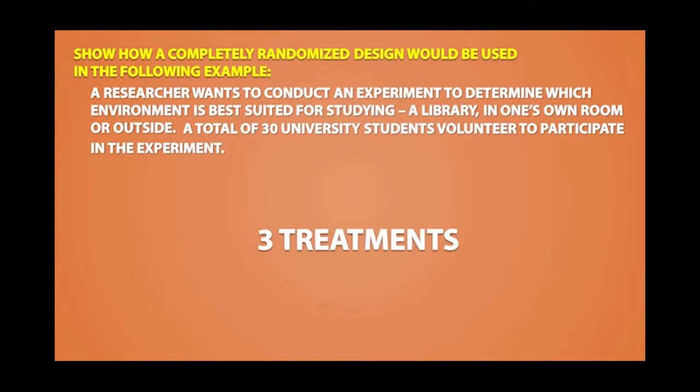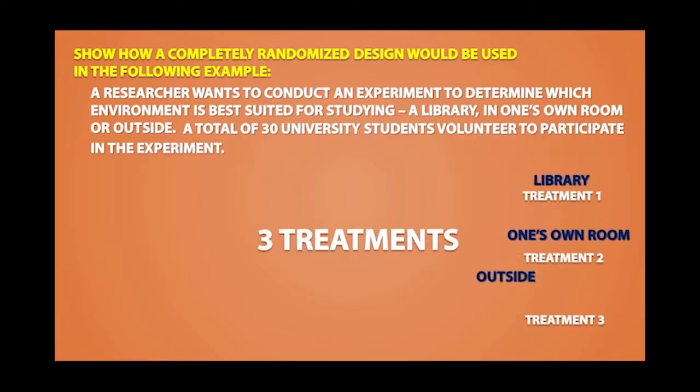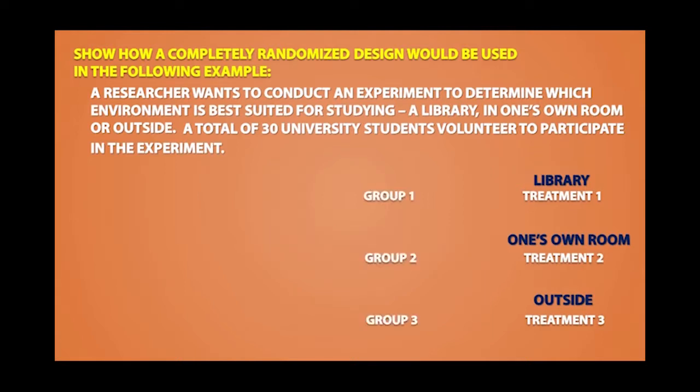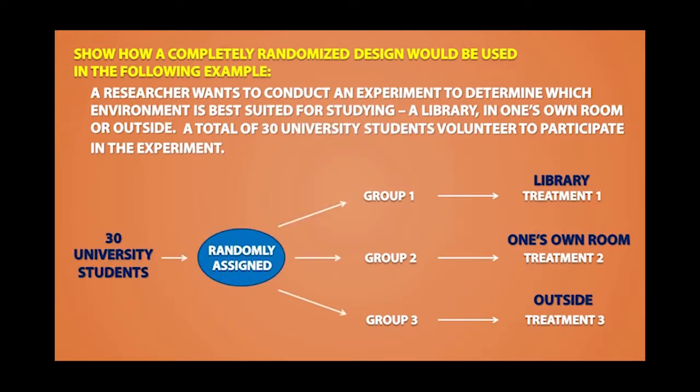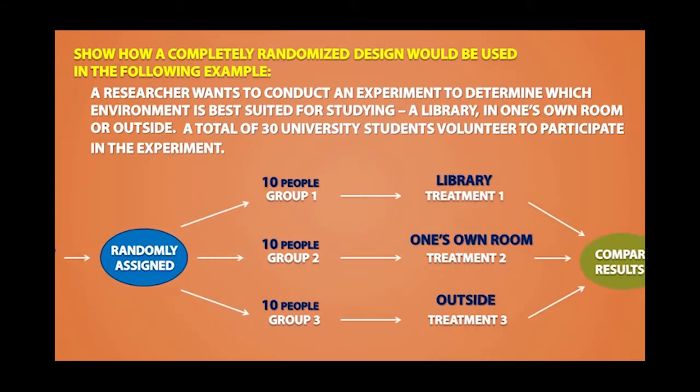So we have 3 treatments: the library, in one's own room, and outside. Since we have 3 treatments, we will have 3 groups receiving the treatments. Since there are 30 university students, these 30 subjects will be randomly assigned into 3 groups to receive the treatments. Since there are 30 people, each group will have 10 people, and at the end of the experiment, we would compare the results from each